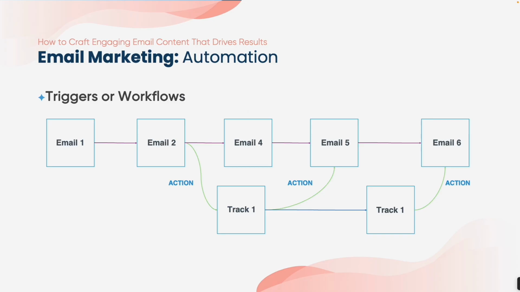So this would be a trigger or workflow. So for example, I have 6 emails in my workflow sequence. One could be a confirmation for the ebook download. Then after that confirmation, they're going to get a second email. Now, if my recipient, Sally, has taken an action, Sally's going to go to a different sequence of emails. But if she doesn't, then she's going to get email number 4. She's going to get email number 5 based off of what action she takes. Then I can control which message she sees.